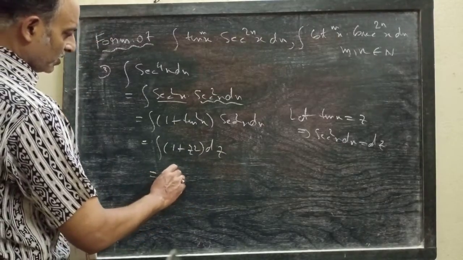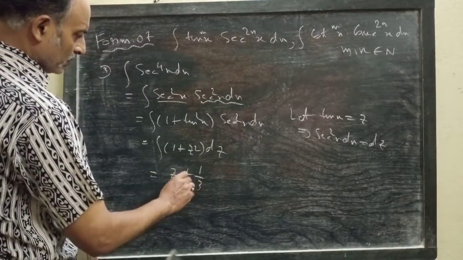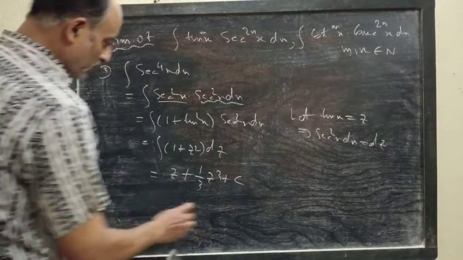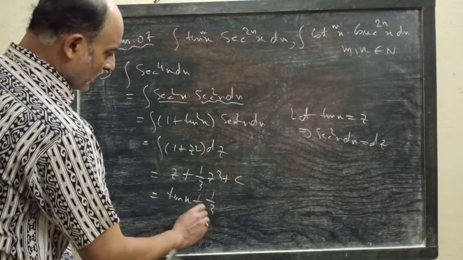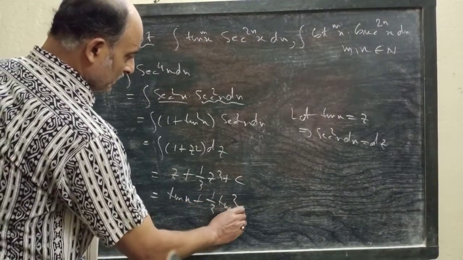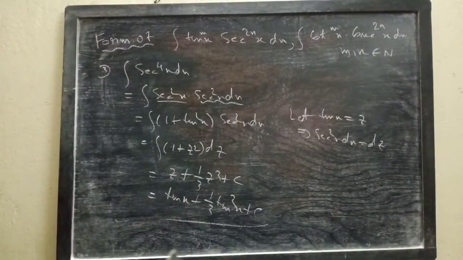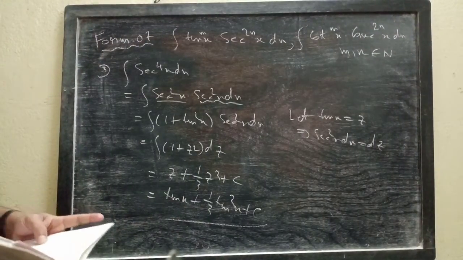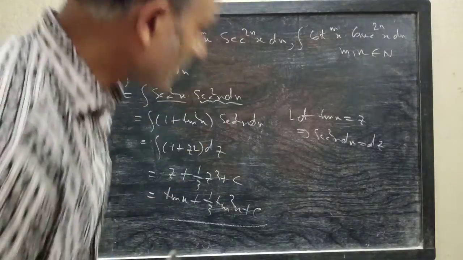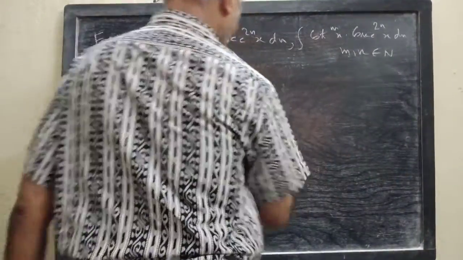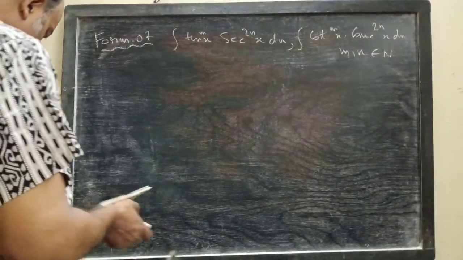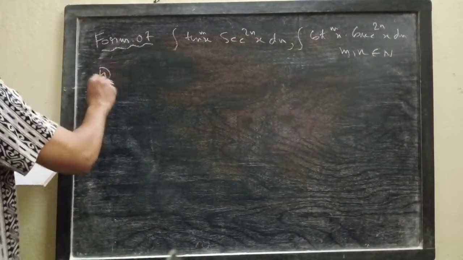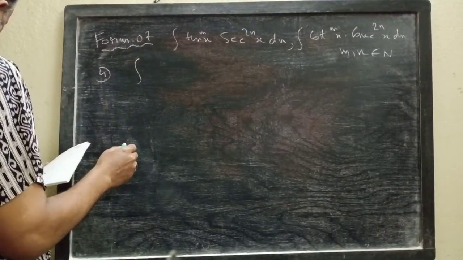So after integration you get z plus 1/3 z cube plus c. So your answer will be tan x plus 1/3 tan cube x plus c. This will be your answer. Next question. Number 4. Integration cot square x